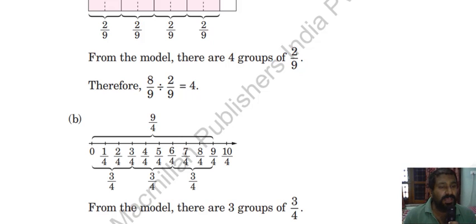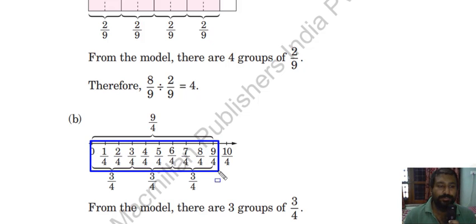Here they have used the number line also. Through a number line also you can show your model diagram. So what they have done is take the numbers from 0 to 10 on a scale. With the help of a scale, draw a straight line. Don't remove your scale. And then after every centimeter you place the numbers from 1 to 10. Then they have divided all these numbers by 4 because they require 9 by 4. So from 0 to this point comes out to be complete.